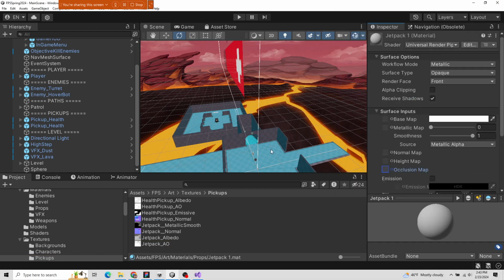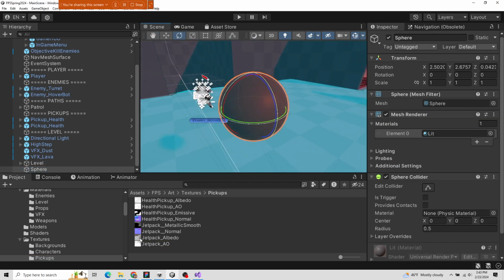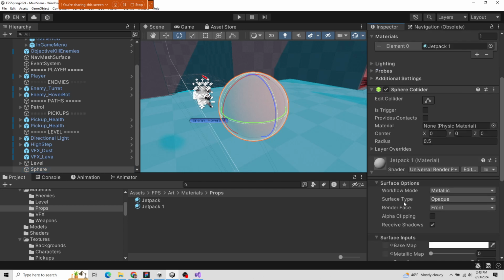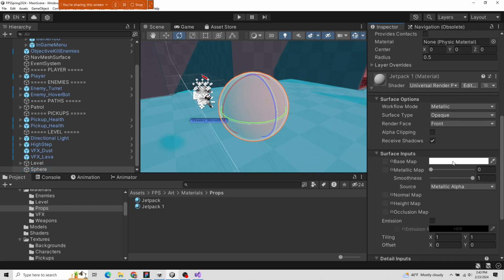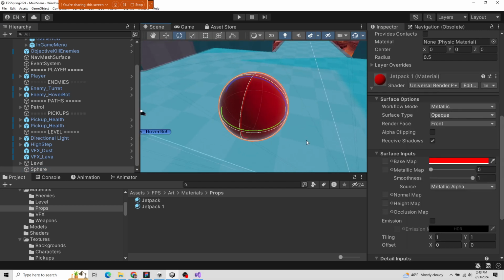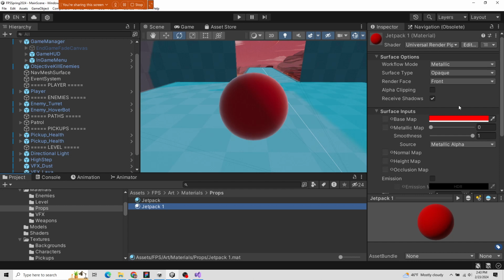All right, perfect. So let me go back to my sphere. And I'll put this material onto it. And since I made the material, I should be able to edit it. Nice. All right, so this is an advanced material. Materials are assets, and